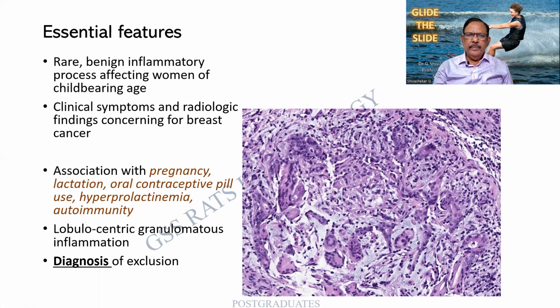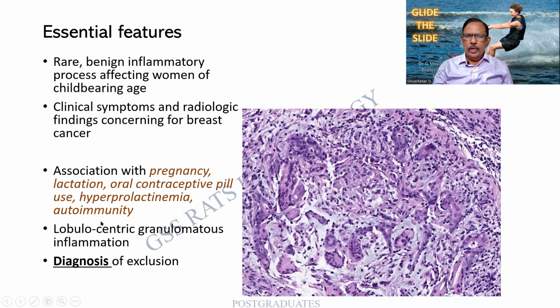In the meantime, I shall go on to the theoretical part of it. It is a rare, benign, inflammatory process affecting women in the childbearing age group. That is why a history of 32 years has been given. The clinical symptoms and radiological findings, however, can mimic that of carcinoma breast. It is associated with pregnancy, lactation, oral contraceptive pill,